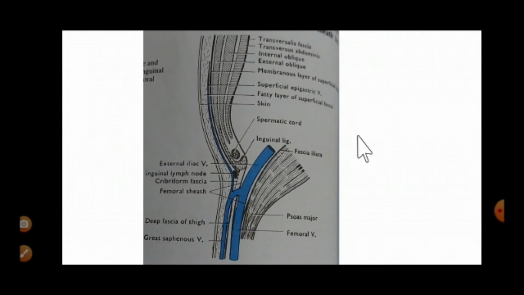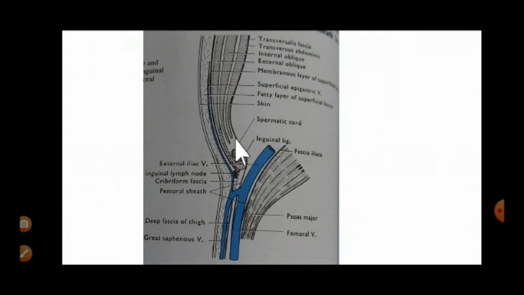Now if we go to the next picture here, this is a section passing through the femoral vein. So we can see the fascia transversalis here, that is lying anteriorly, and fascia iliaca here posteriorly. Now here is the inguinal ligament. Now this femoral vein is continuing as the external iliac vein. The femoral artery will be passing lateral to this femoral vein, and that is a continuation of the external iliac artery. So these vessels will be taking this sac down along with it.